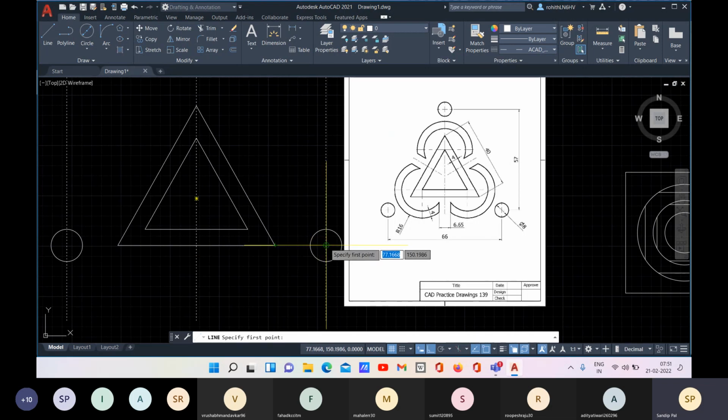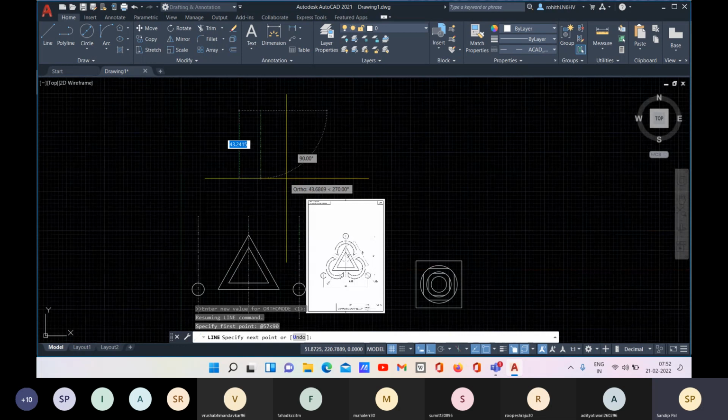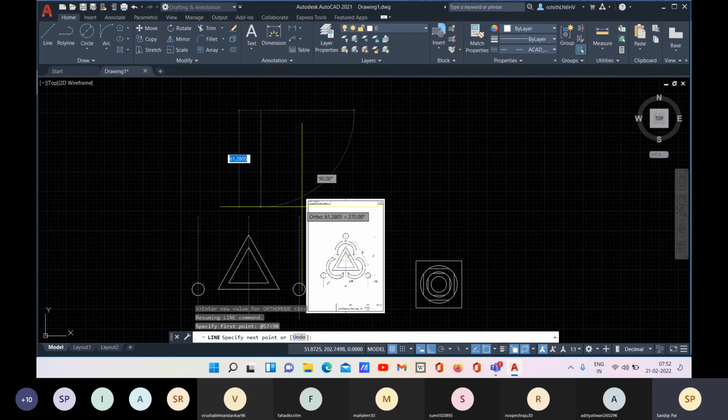After that, go towards this direction, just place the mouse on this point and go towards the direction, and then provide the at the rate, because from that point the value will be calculated, 57, and you can just give the angles, so that will be better. 57, 90 degree, and there the line first point is created.